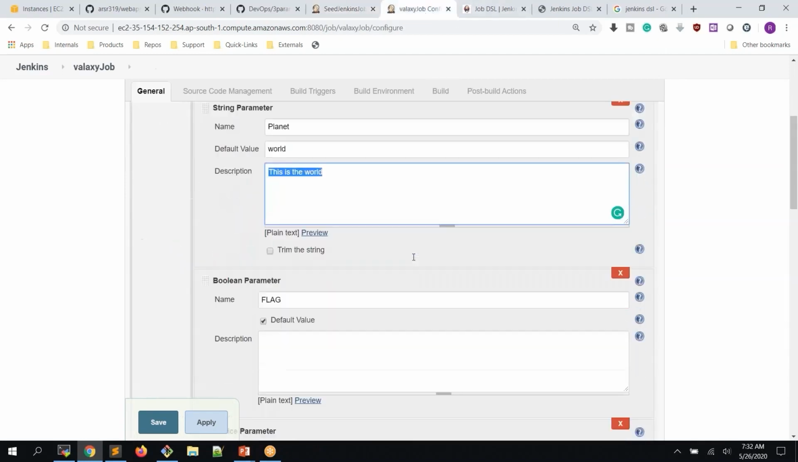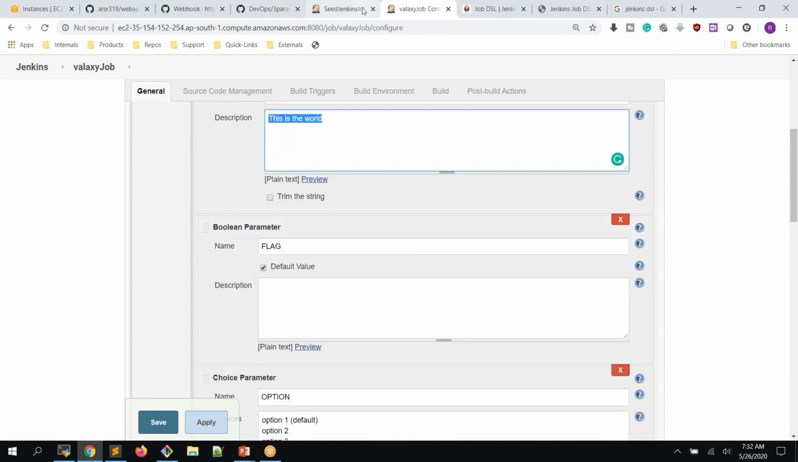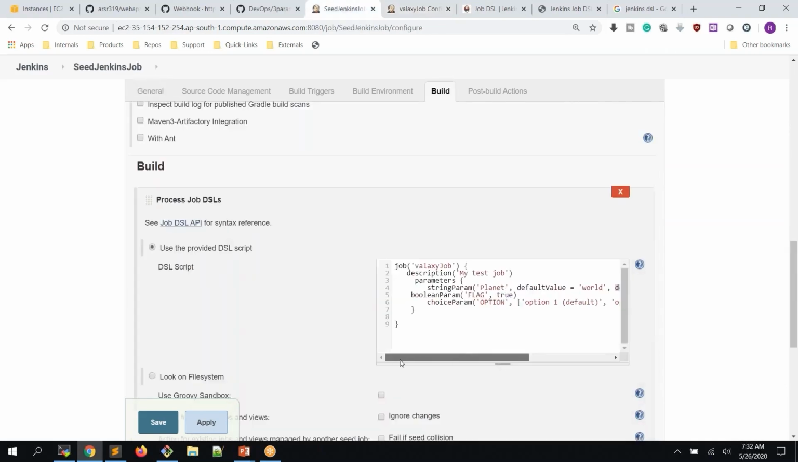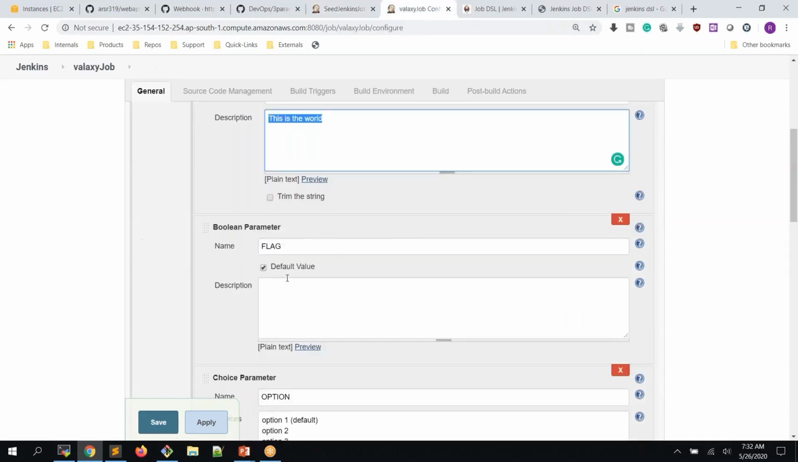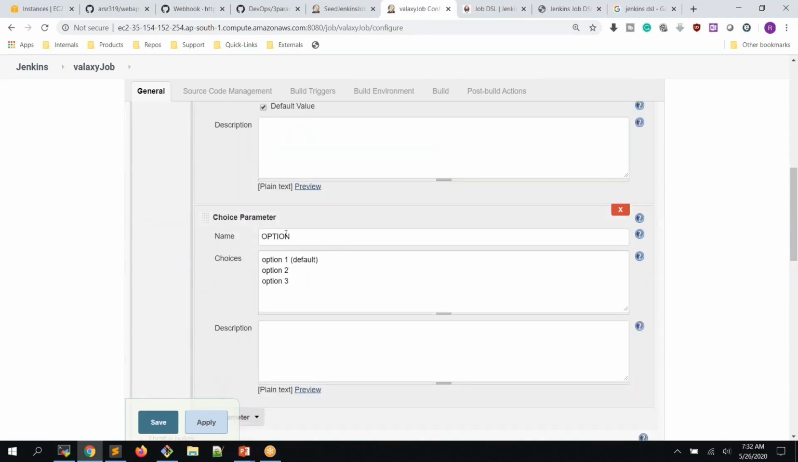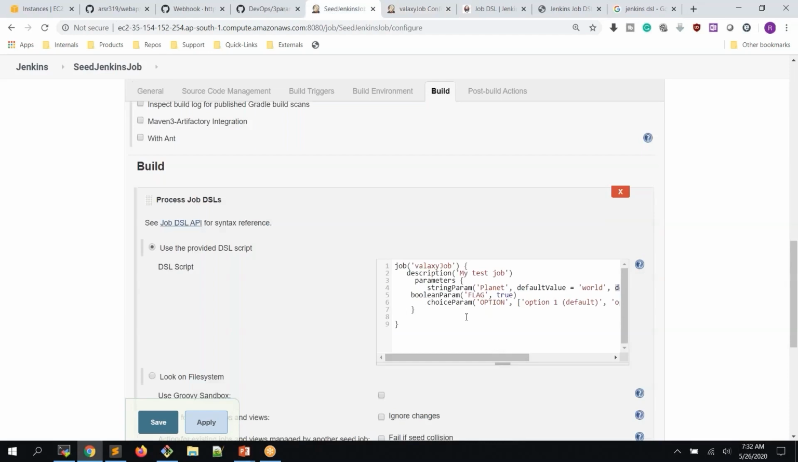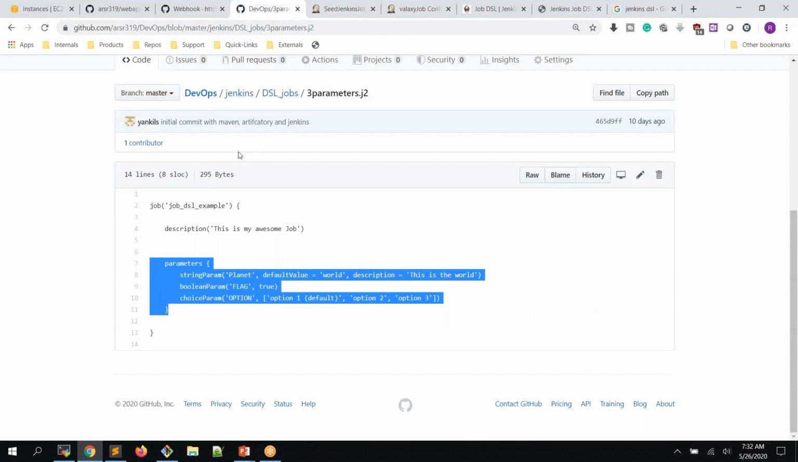Okay, the next one is the Boolean parameter. So here you can see, for the Boolean parameter, you are getting the default value as a tick mark. The next one is the choice parameter. Which option do you need to choose? So these are the options which you are getting, and option one is the default one. So like this, your parameters can be configured. Okay. Next,